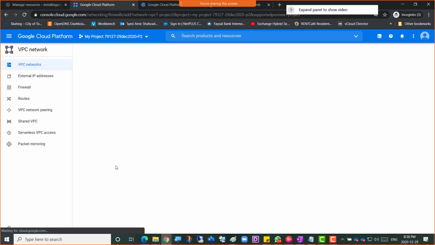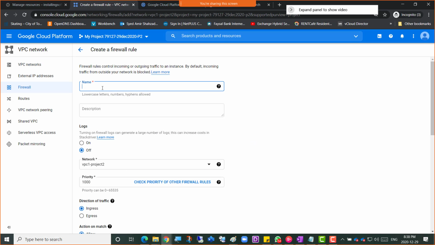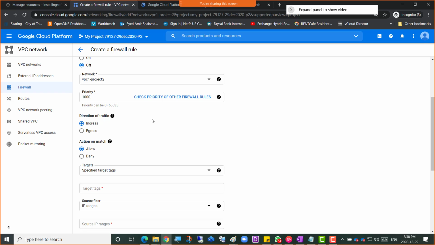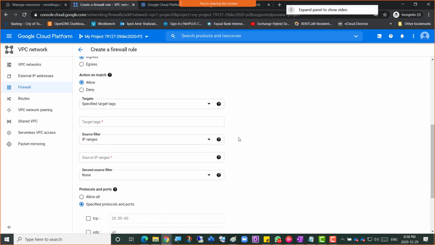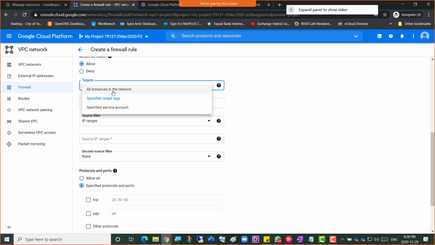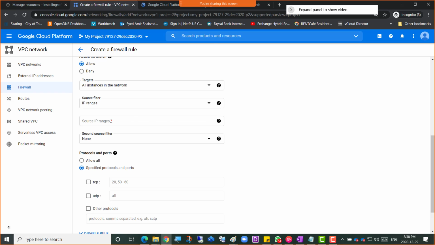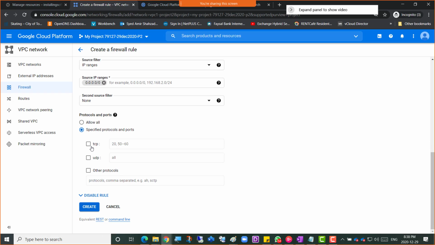Firewall rule, add firewall rule here, and that would be port 22-ICMP-P2. Ingress, allow, and it has to be target all instances in the network, and from anywhere, size 0, and ports specifically needed are 22, ICMP,